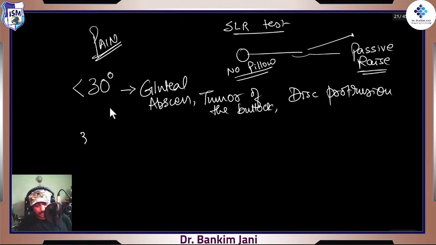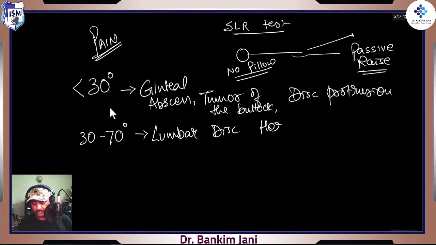If it is between 30 and 70 degrees, normally, with our current scenario, what we are discussing, that is lumbar disc herniation, commonest, right? So that means the disc has herniated or prolapsed, and that is what is causing it. So this is the classical thing. If it is after 70 degrees,